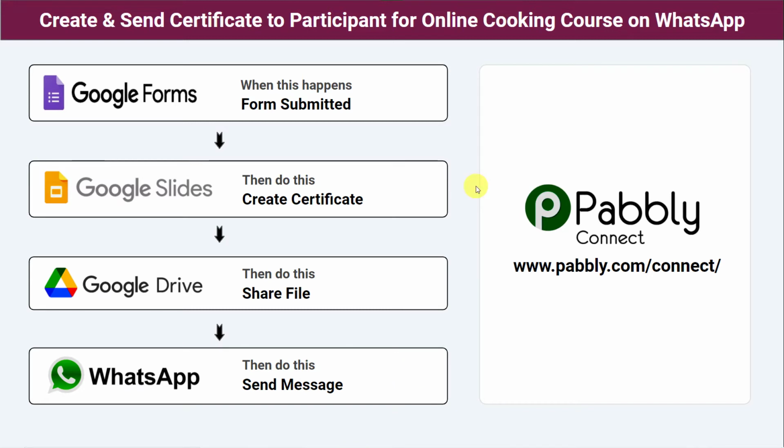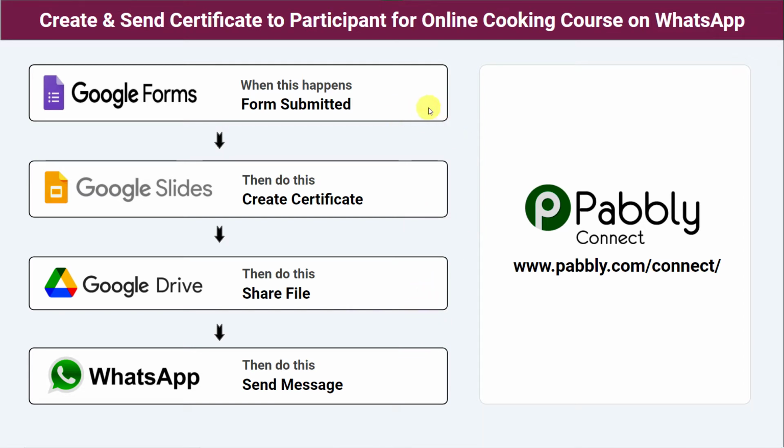Once the course is completed, I share the certificate request form with my participants. They fill up the forms. I used to take the details in my Google Forms, then I used to create the certificates manually, then I used to convert them into PDF files, and then I have to WhatsApp them. Then I have to message them along with some text. So this process is very time consuming, tiresome and repetitive. And when the participants increase, it becomes quite difficult or impossible for me to do this process on a daily basis.